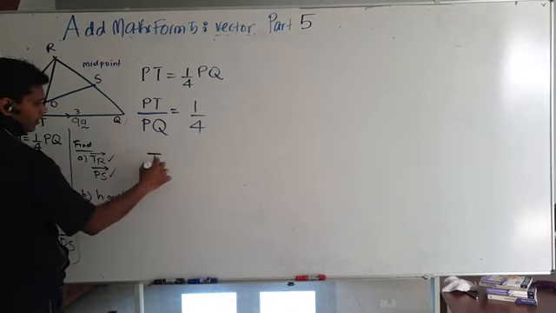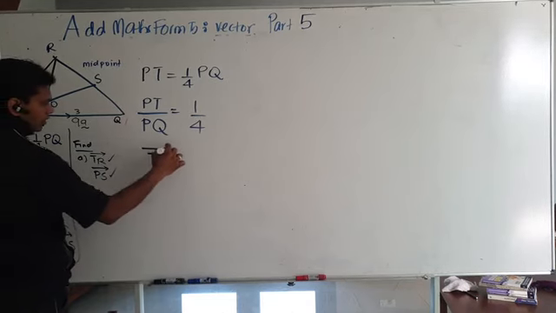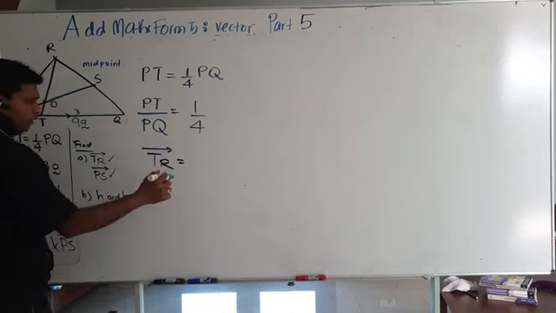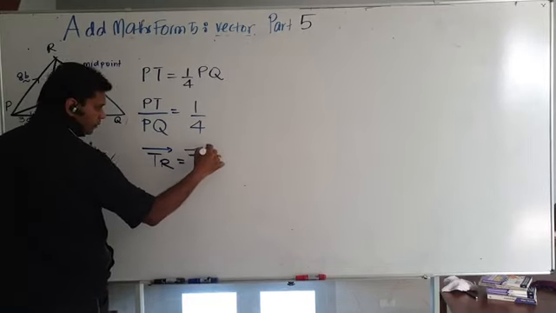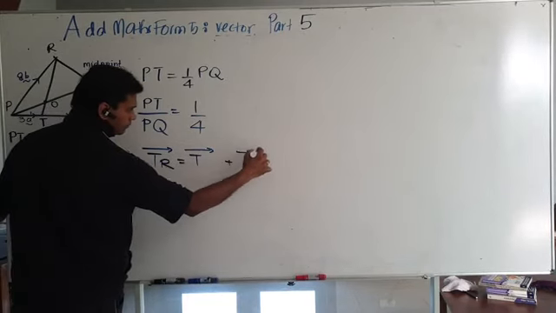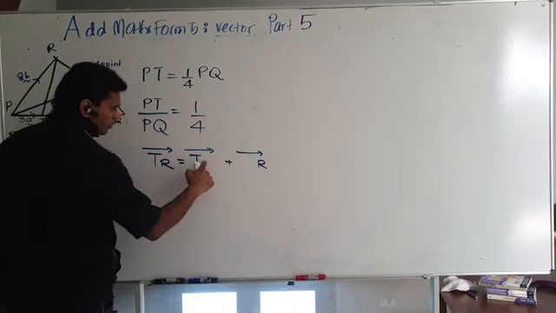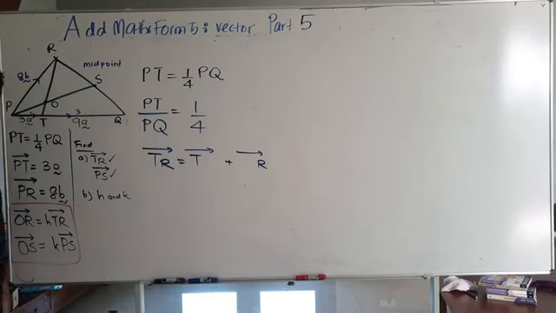Now how to find TR? You need to make an equation. TR, make an equation. How to make the equation? Write down the T plus the R. This letter must be the same so that it can get cancelled off. All right. So TR, where's TR? TR is here. So choose one triangle first. So the first thing you need to do is choose a triangle. Since TR is here, I'm going to choose this triangle.